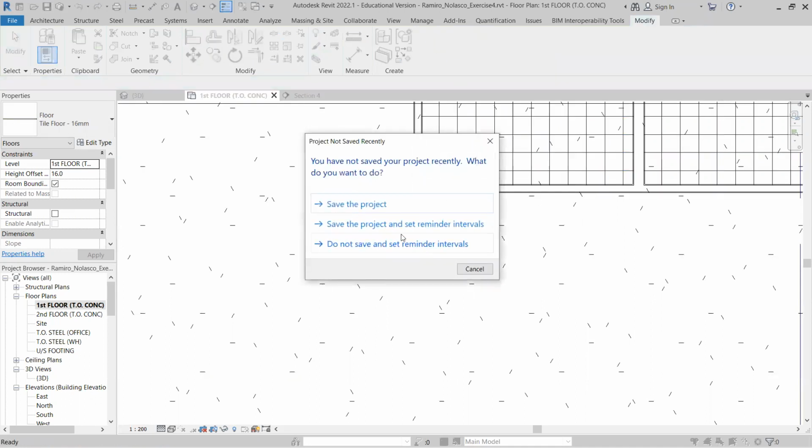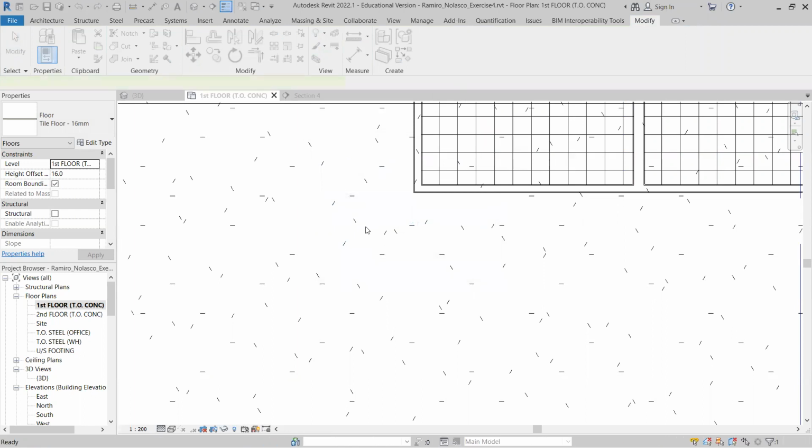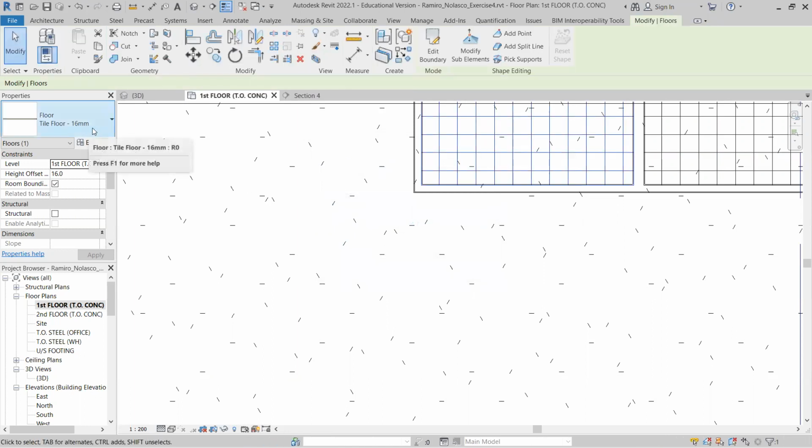Okay, so save the project when prompted. We want to create a floor. This time we're going to use maybe a marble, maybe the same 16 mm so that they will be flat. You normally would use a threshold mechanism, but in an office, you normally want them to be flat. It's less dangerous. So we'll use a 16 mm